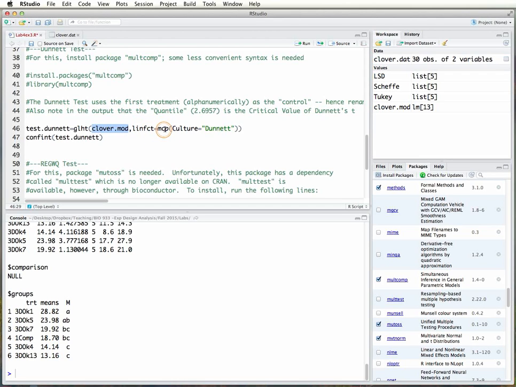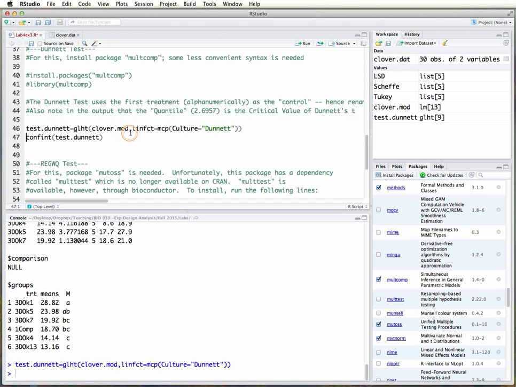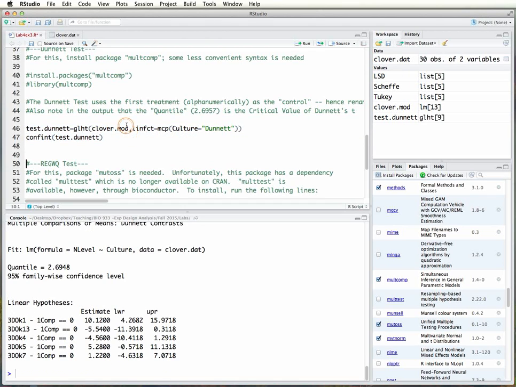Multiple comparisons is the mcp. And here, you declare the factor of interest. For us, that's culture. And we're doing multiple comparisons according to Dunnett. So when you run this particular line, the only things you would change are the name of the model, clover.mod, and the name of the factor, culture. Everything else stays the same. You run that, and then you ask for the confidence intervals, and what you get is not exactly a